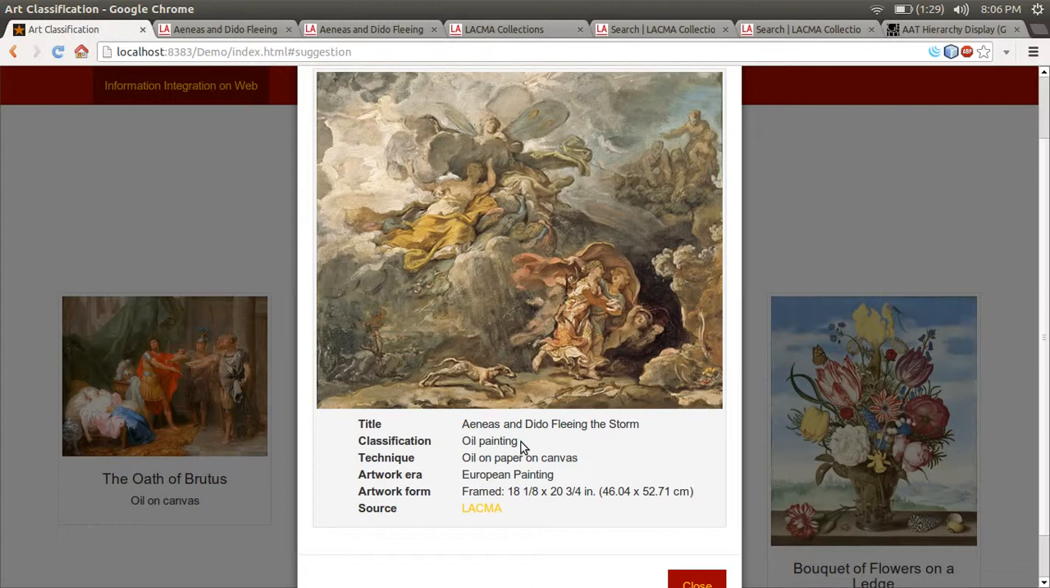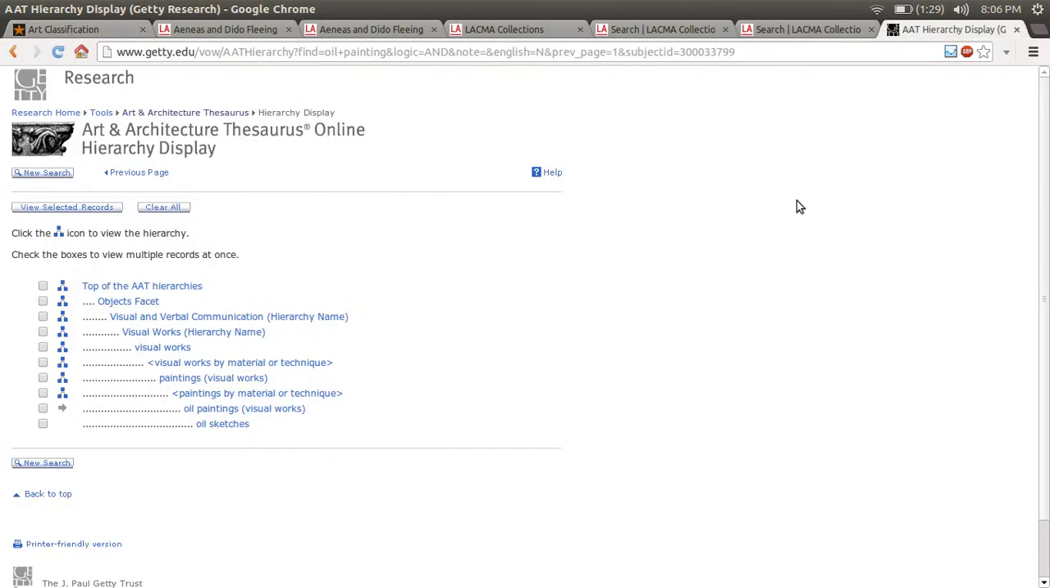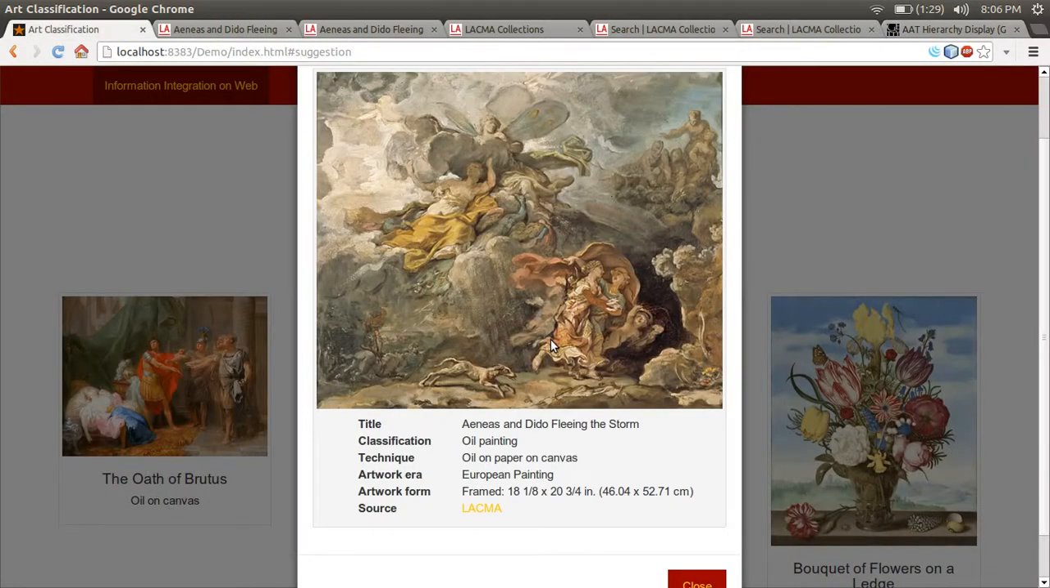How we've done this is by using a knowledge base in the form of the Getty AAT hierarchy, the Getty Art and Architecture Thesaurus, which is on this link. I've opened the hierarchy for oil painting, and as you can see, oil painting is a part of painting by material or technique, and it was part of painting by visual works, and so on. So we've used this knowledge to give a finer level of granularity of classification of this